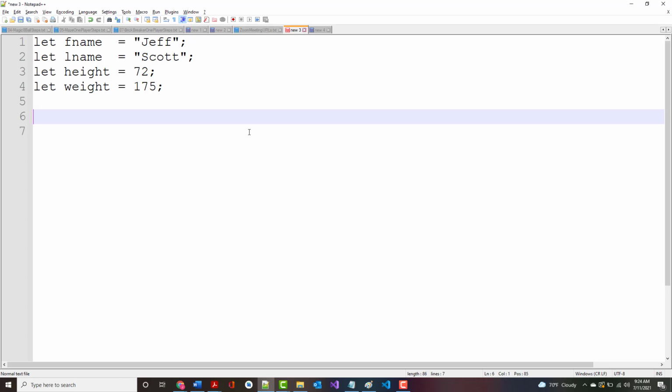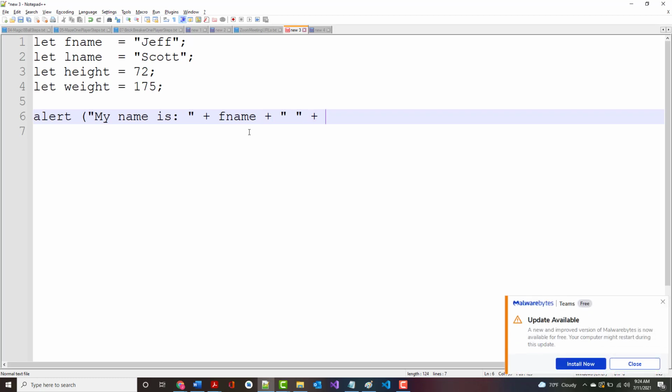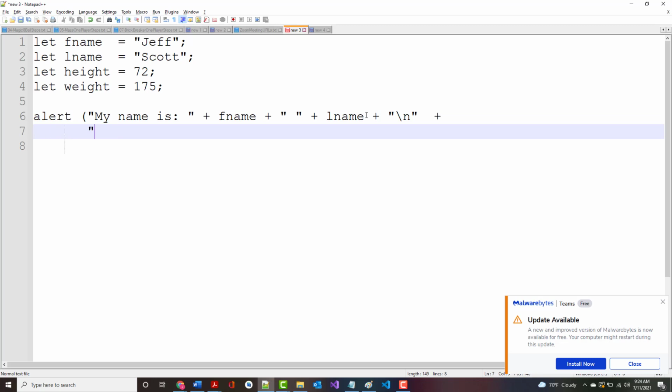So if I do this, and if I say I want an alert that prints this stuff out, I'm going to show you two ways I can do this. I can say alert, my name is fname plus lname. And let's say I want that on one line, so a \n. I need a plus in there. Plus I am